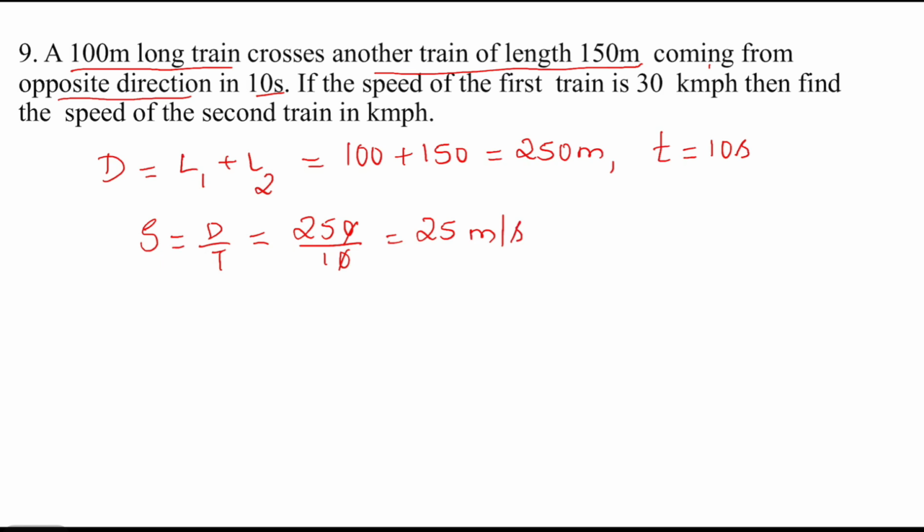But this speed is not direct speed, it is relative speed because two trains are moving in opposite direction. So it is relative speed. So we know that relative speed is nothing but they are moving in opposite direction means speeds get added. So S1 plus S2. So we know that relative speed we got it as 25 meter per second and speed of the first train we know it is 30 km per hour, isn't it? So that means